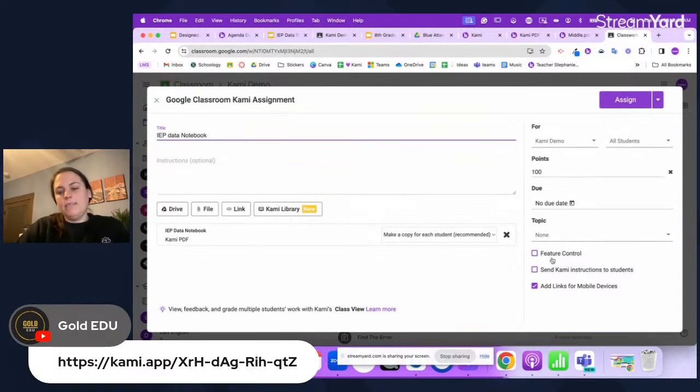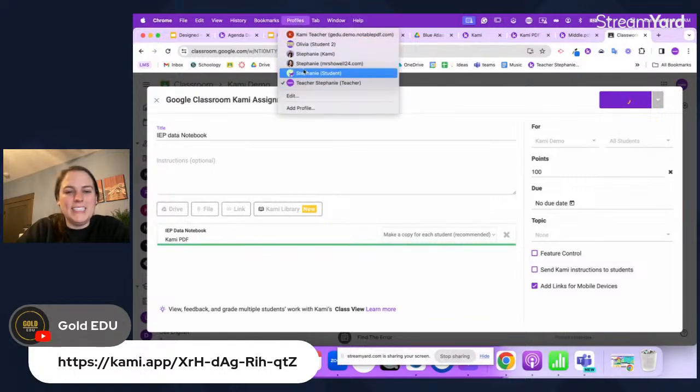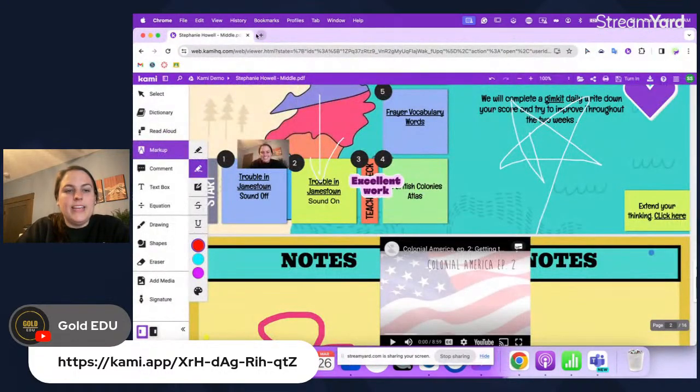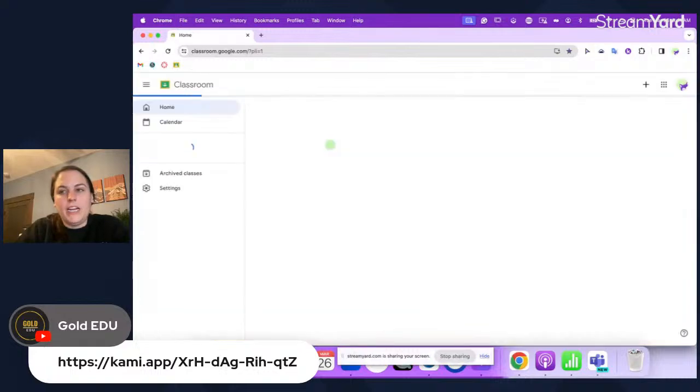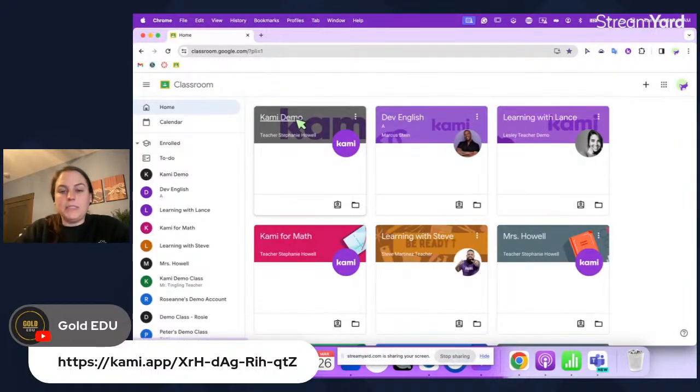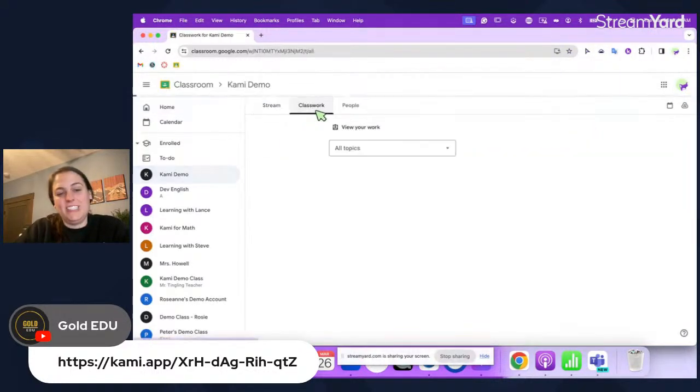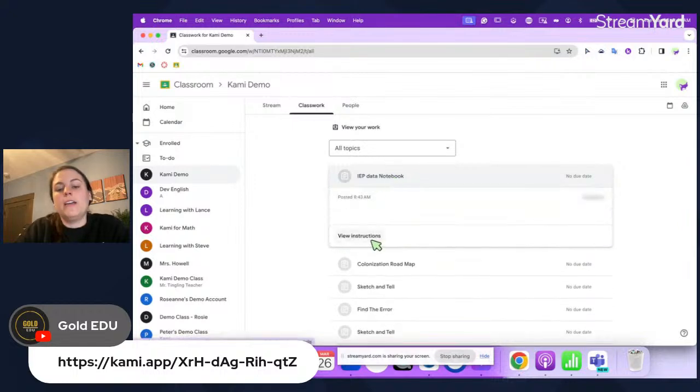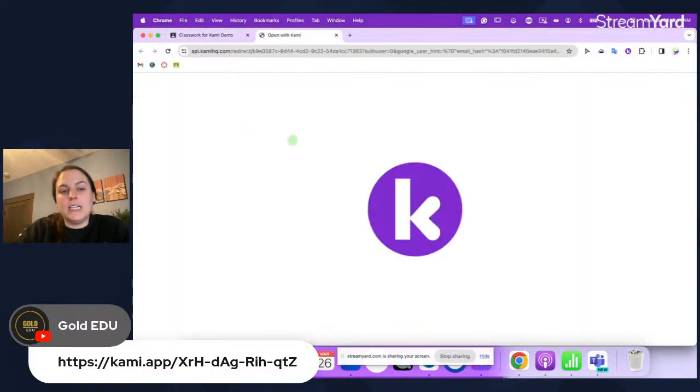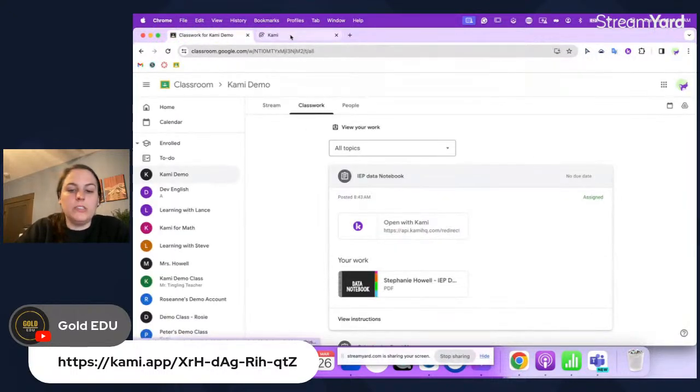I would name it. I would then decide if I wanted feature controls and assign it. Once it was assigned to my learners, my students were able to come into their data notebook as they needed it. And they were able to then provide their scores, updates, reflections, all on this data notebook. And what I was able to do is take this data notebook to parent-teacher conferences and